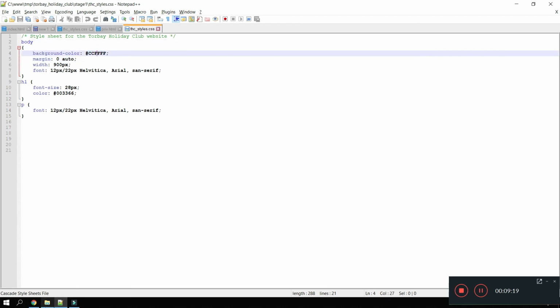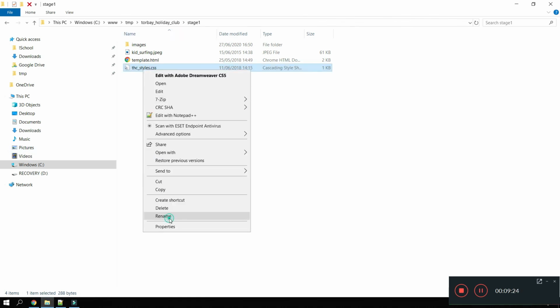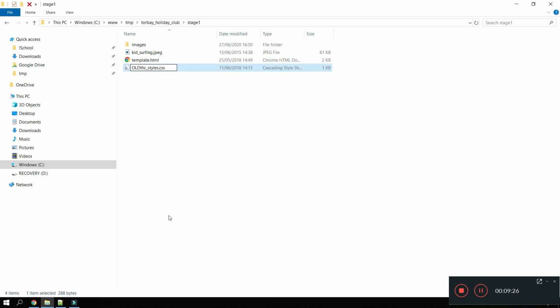Now if I go back to my folder, what I do is I rename this file. What that's going to mean is when the browser opens the website,